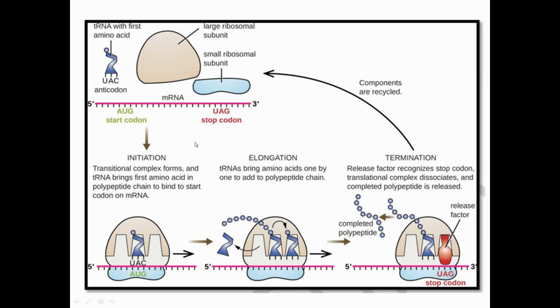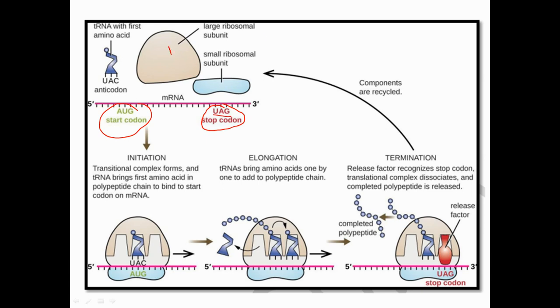You can imagine the whole process of translation by this simple, lucid diagram. You can see the mRNA here, 5 prime to 3 prime, and at the 5 prime end you can easily locate the start codon, that is AUG. AUG also codes for methionine, always remember. And for the stop codon, there are basically three stop codons. Recapitulate them with the help of the table, and one stop codon is present over here.